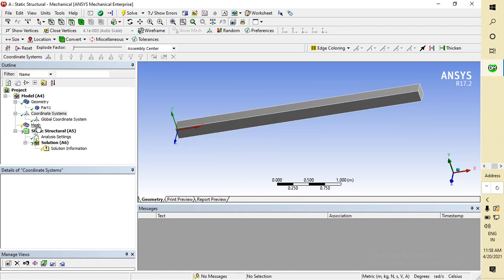What is mesh? Meshing is a process of discretization of a continuum. Continuum means a continuous body in which there is no discontinuity or void. Now you have to understand what the finite element method is. The finite element method is one of the parts of the